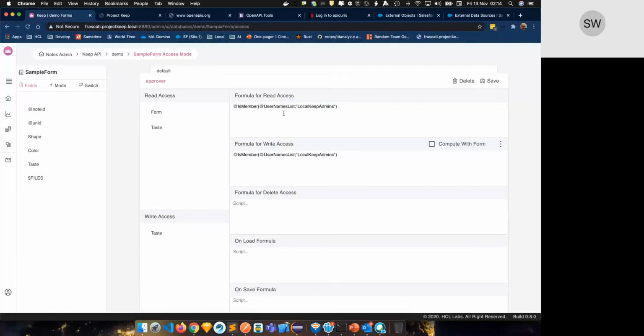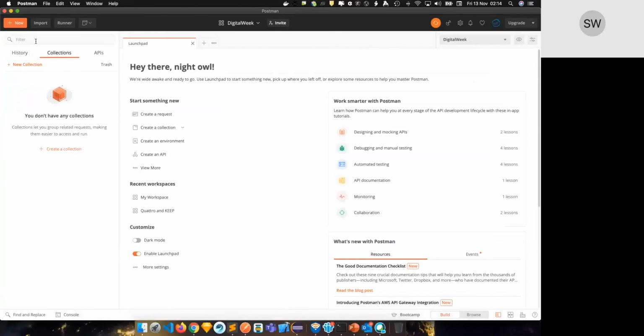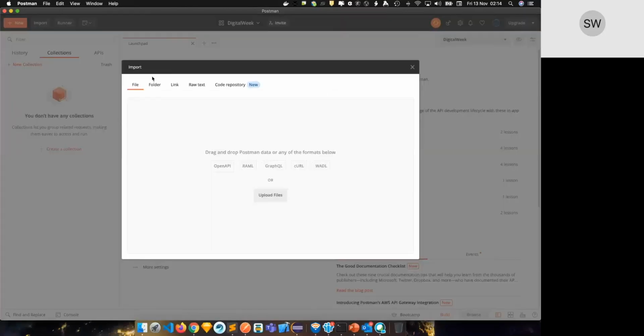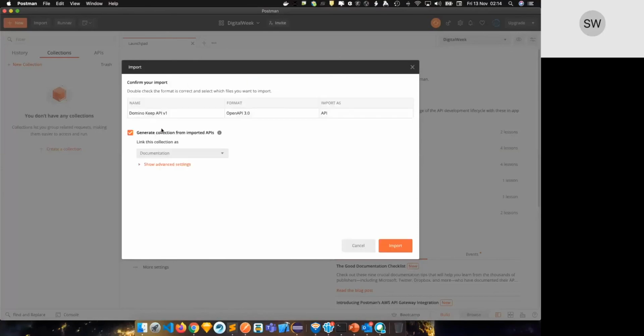I could probably go on 2 or 3 more hours. Just the final one: why OpenAPI? You might know this, this is Postman, and then I can say, okay, let me straight away import the definition that I have from the web. So I said continue, and it says there is Domino Keep API, and so I import, and straight away what it does for me in my tool, I can then see